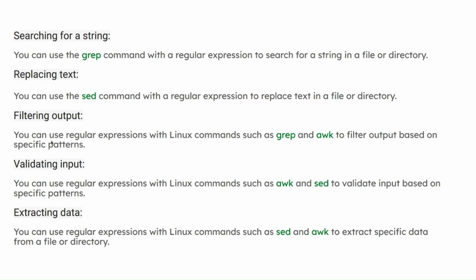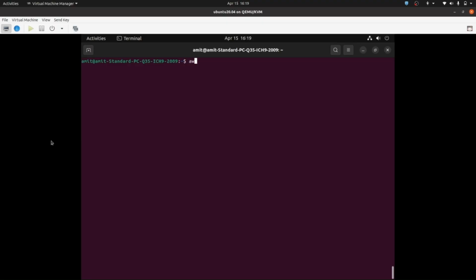Next is validating input and extracting data. In this we can use awk and sed commands also. Let's see the awk command first and then the sed command. awk -F, with the separator as semicolon, separating the file with semicolons, and I am saying that the second column has an age above 23. After filtering that out, print